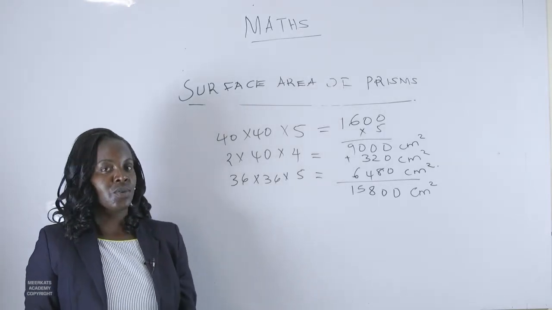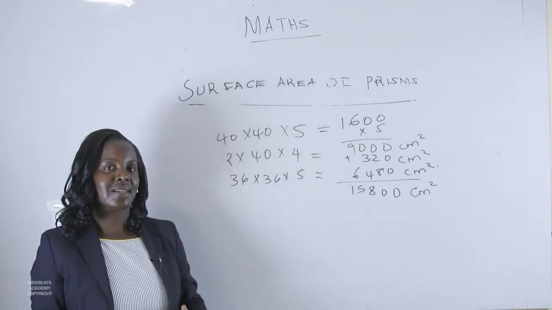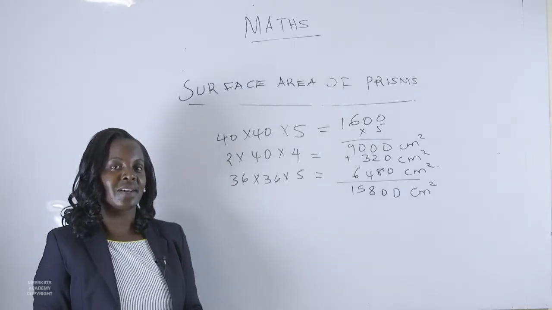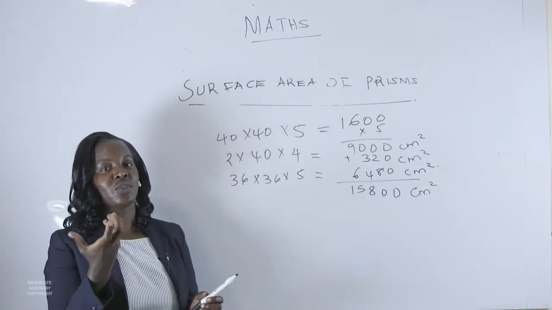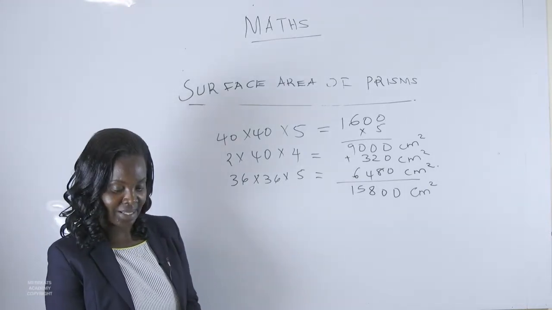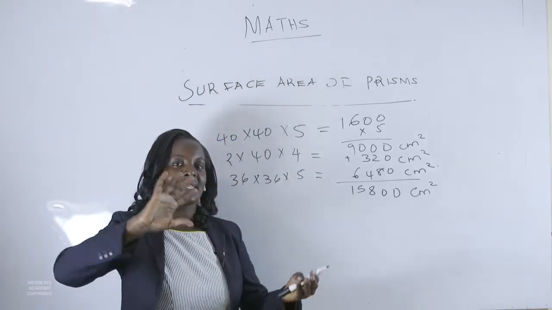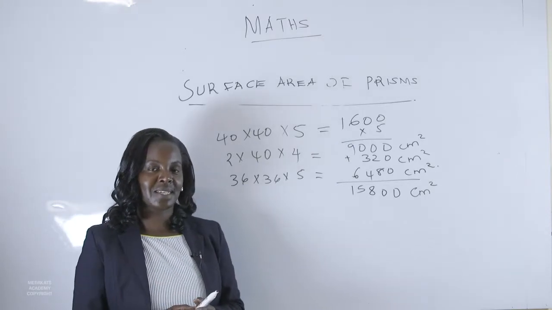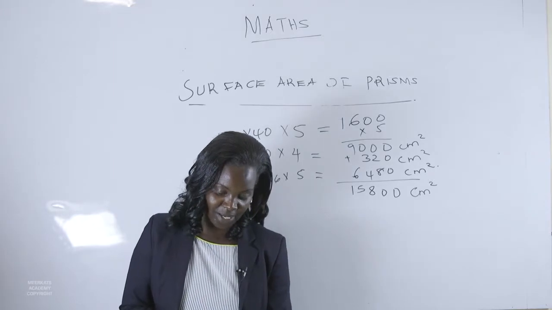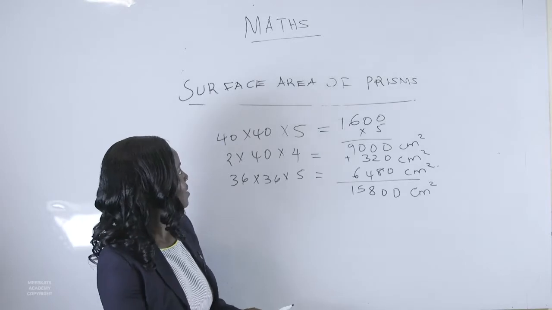centimeters. So we are able to calculate all the area of the surfaces, and then we add them together, and that will give us the total surface area of that particular prism or a solid. We have said that a prism is a 3-dimensional object. So for you to be able to get the surface area, you add all the areas of the surfaces, and you will get the surface area. The next thing that I want us to look at today